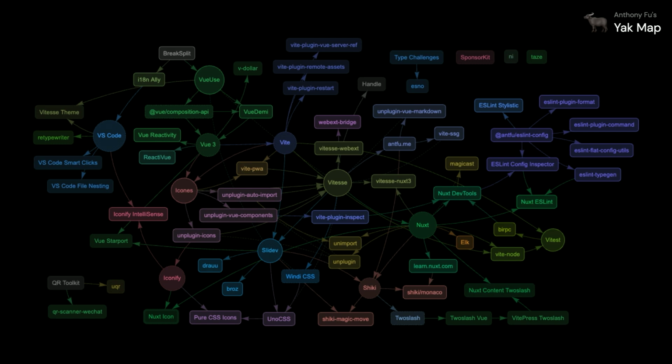I would say each person has their own strengths and interests, and the birth of many projects has a certain element of randomness. Everyone's journey of growth and their Yak Shaving map will certainly be different. So I'm also very much looking forward to seeing your version of this Yak map.